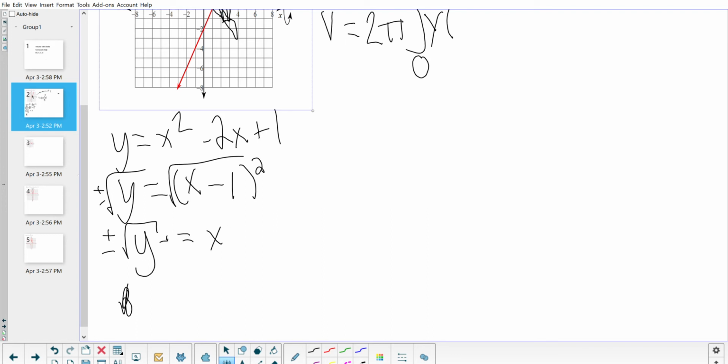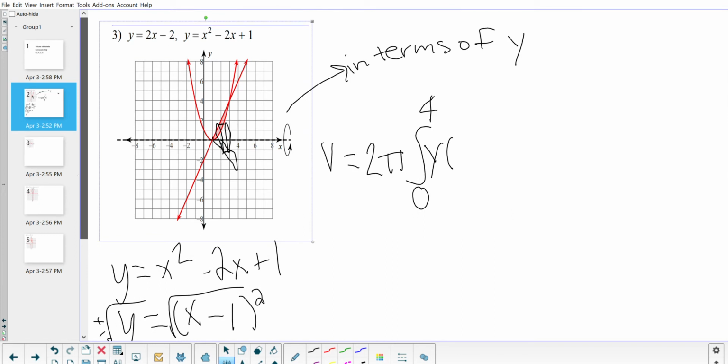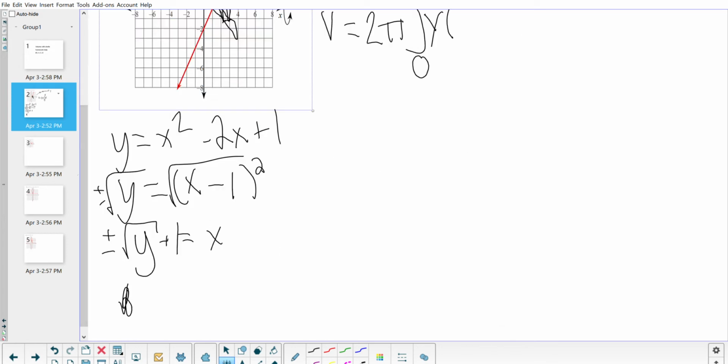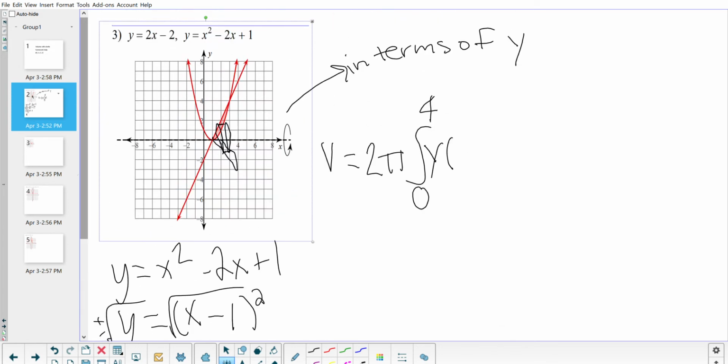I'll go ahead and add 1. However, we only need the positive version because that's the side, it's the right side that is bounding the area. So it's going to be right function, which is the positive square root of y plus 1